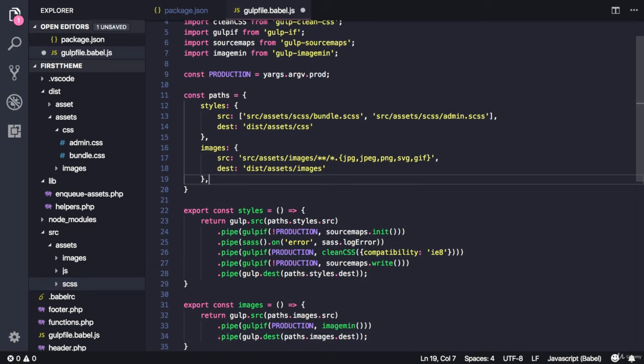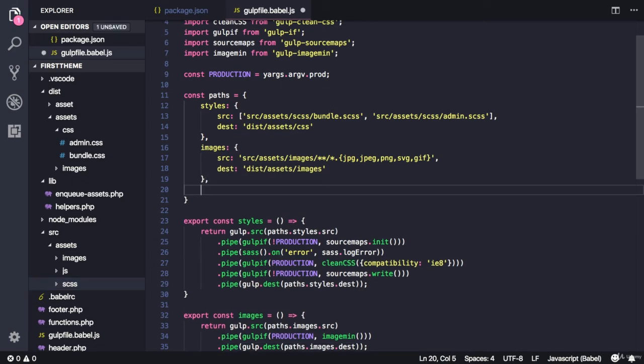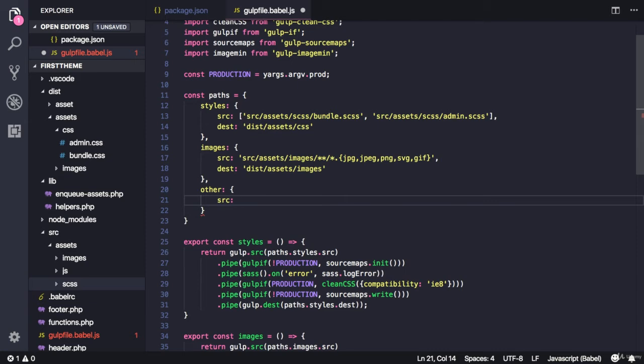I'll just make a new key here. Let's call it other. And the source for it will be an array. So we need to match all files and folders in the assets directory in the source folder, except the ones that we run tasks on. So the exclamation mark here will exclude these folders. So we want to exclude assets,